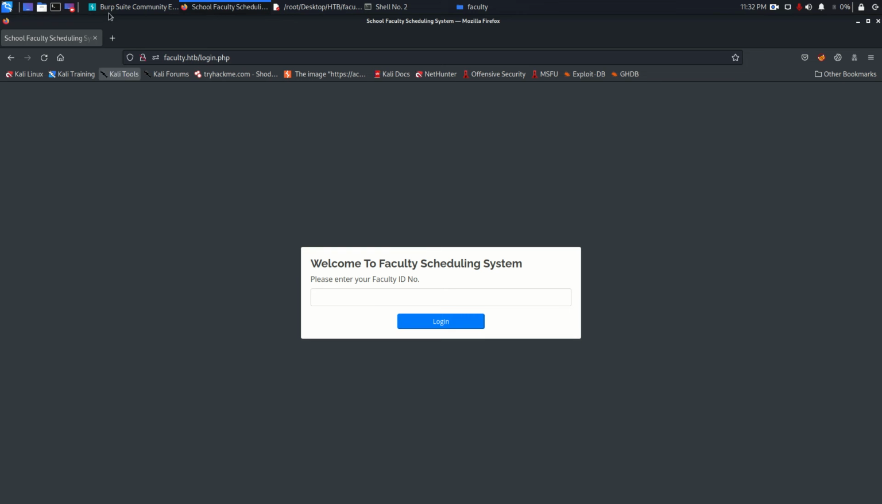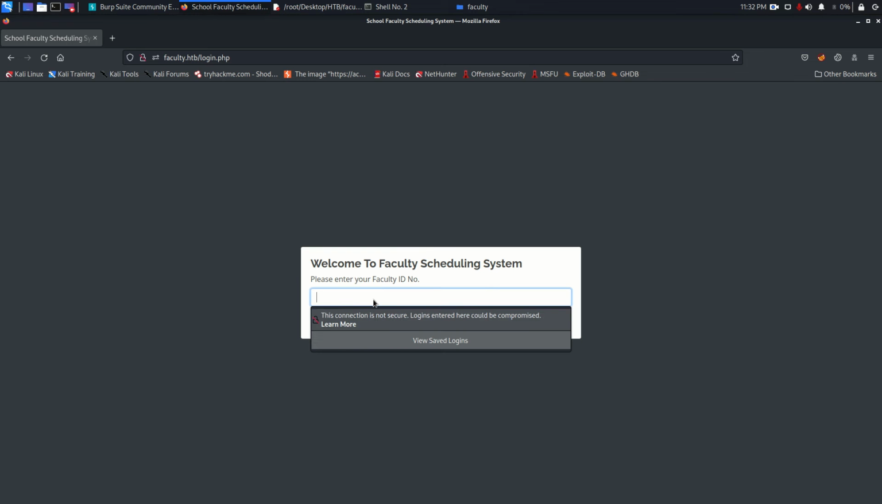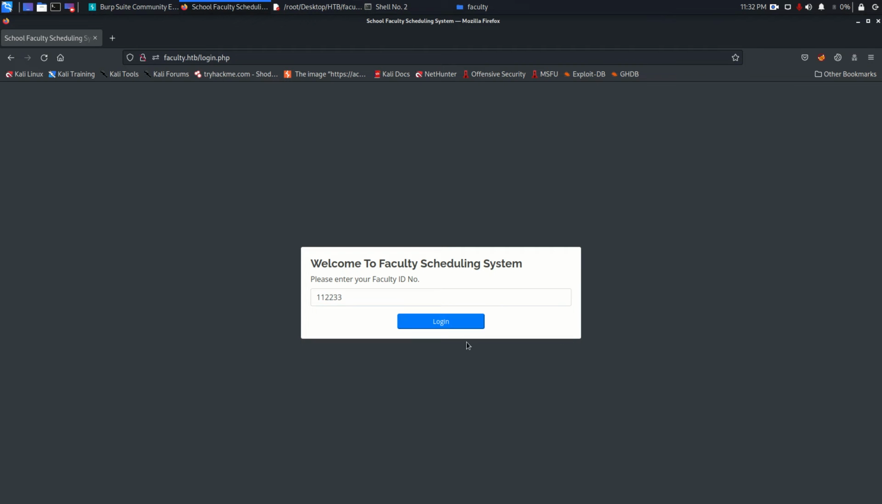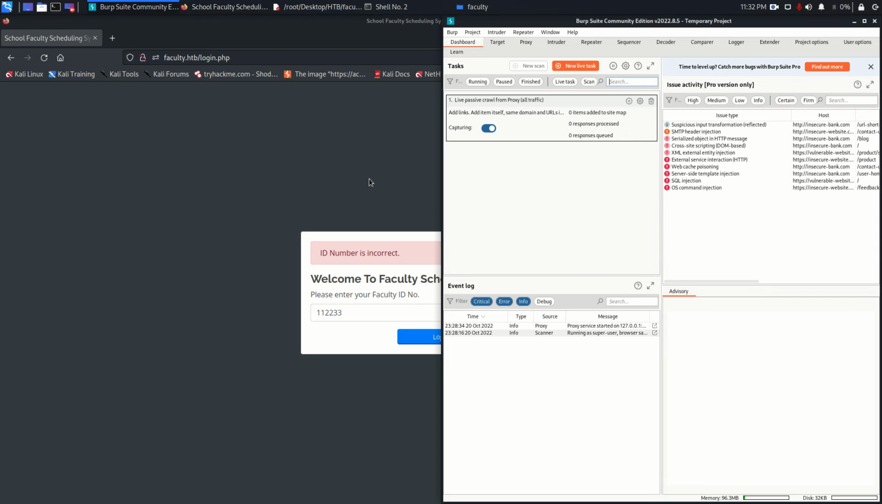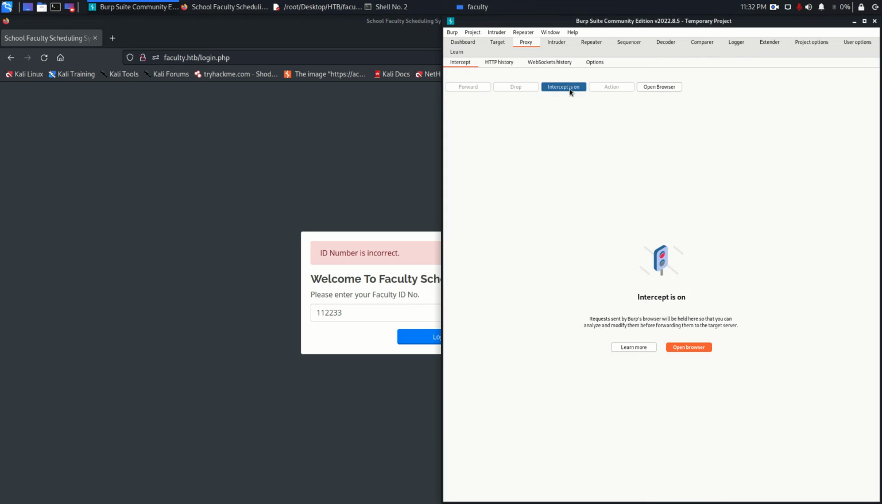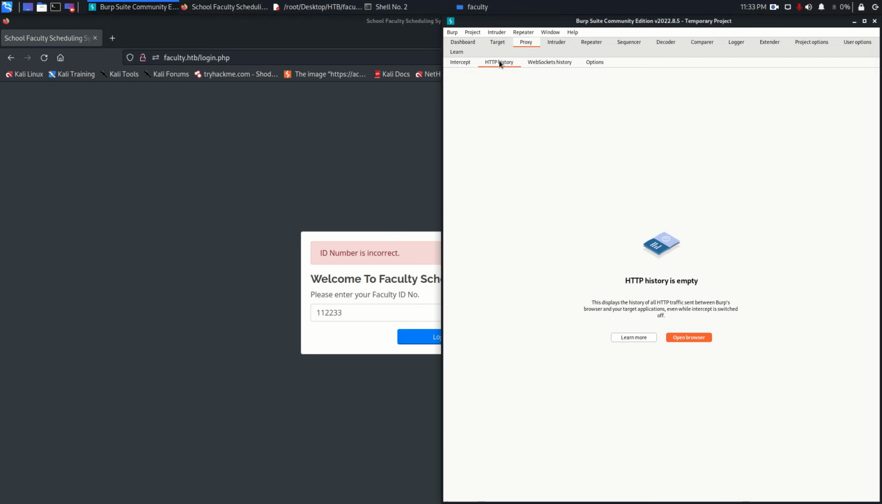Go back to the web application and here let's try something, 112233, and just hit the login button, but the ID number is incorrect. So let's capture this request with the Burp proxy. Enable the Burp proxy on your browser. I already opened up Burp here. So go to the proxy, intercept is off, HTTP history, and